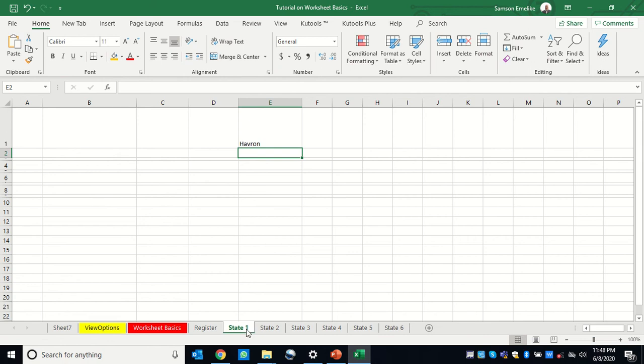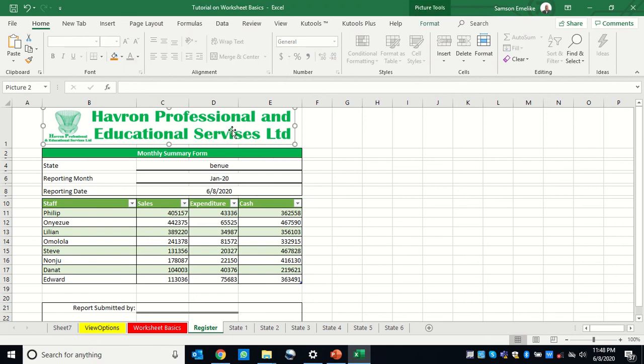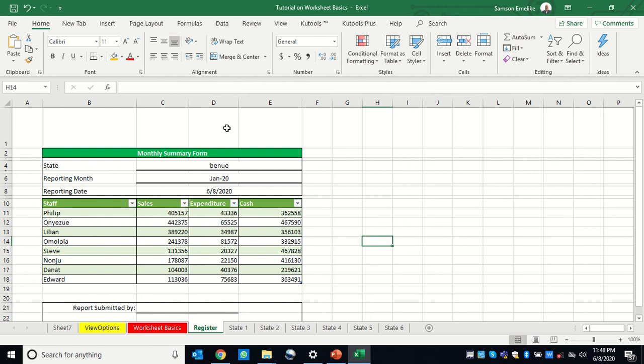So what I need to do is to select all my sheets, or the sheets that I want to group together, and then copy and paste what I want to do. For instance, now I'm going to copy this entire spreadsheet and I'm going to put it across here. Now, from experience, things like this may not be pasted across grouped sheets. Okay, so for the purpose of this grouping that we want to do, we are going to delete this from